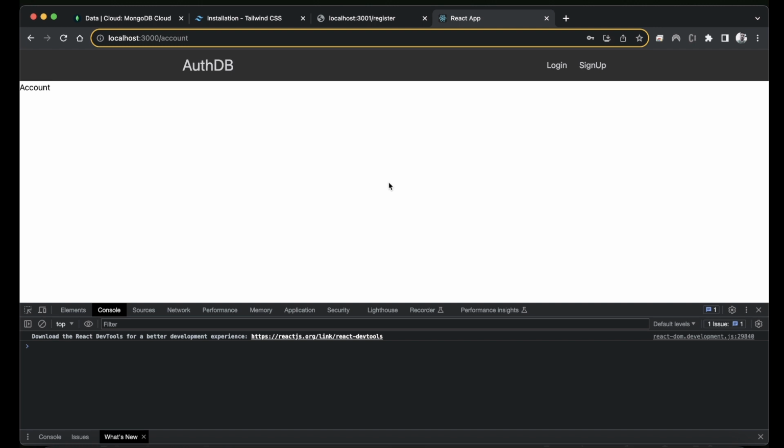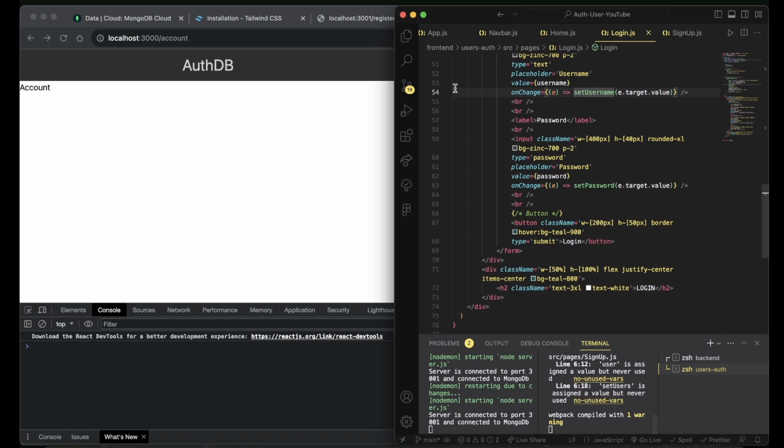So now that we can see that everything's pretty much working, which is great, now we just want to make sure that the account page, or the user's account page, is protected. That way, not everybody could just go into their account. So the way we go about doing so is we can just go back to our Visual Studio Code